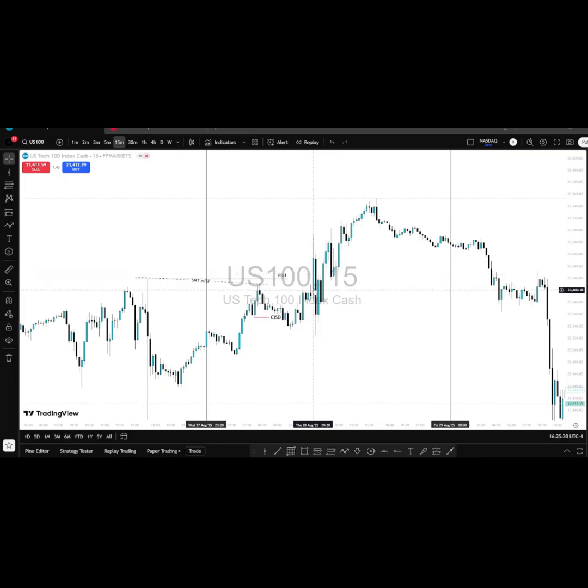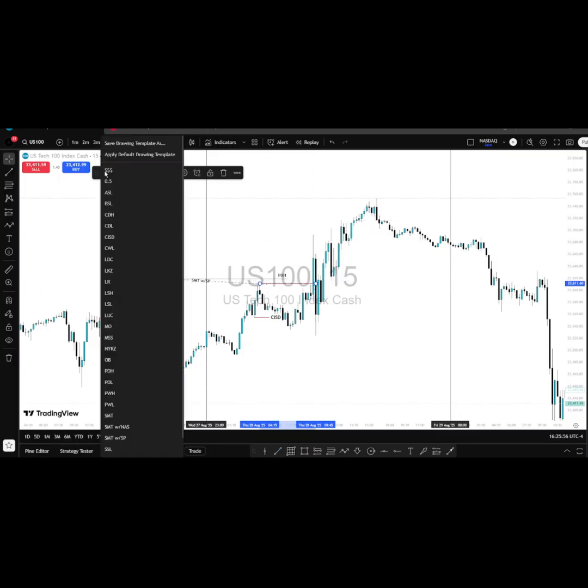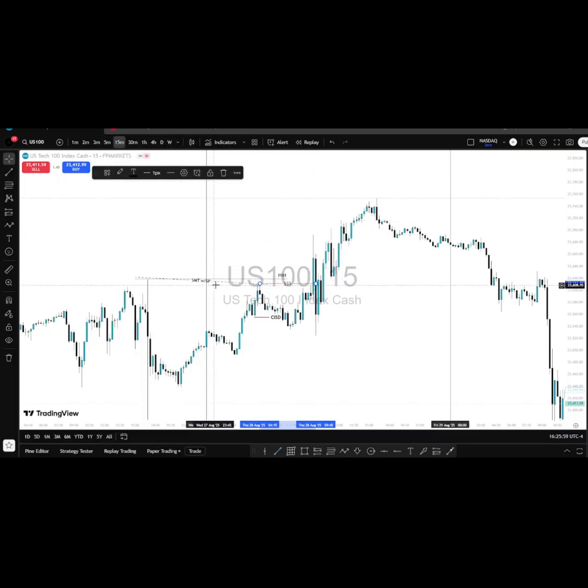So at 9:30, this raid occurred, and because I'm expecting lower prices, I did not take it as a change in state to the upside, but I took it as a liquidity sweep. All right, so what did I do? I marked it as a liquidity sweep. And then, since now this SMT is not valid, I deleted it, and also let's delete the previous day high.